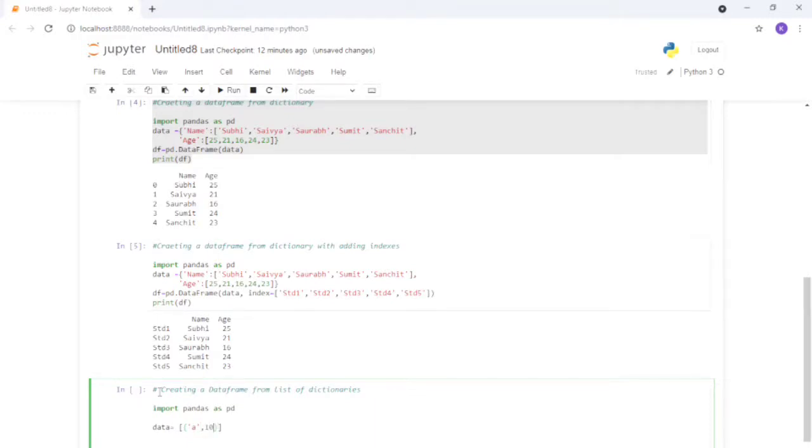Again I'm using the second value b, and then the value 20. Again I'm using c as a key, and 30 as a value. So it is a key value, it is a single dictionary.